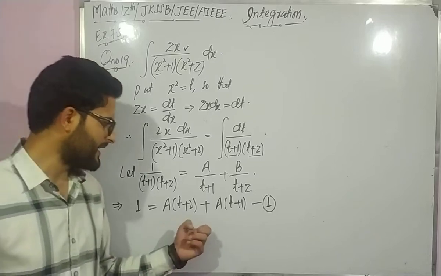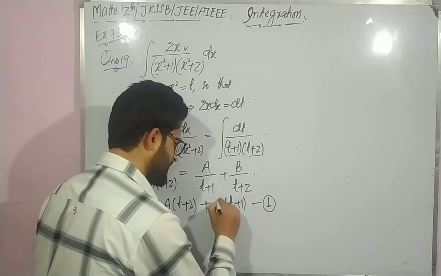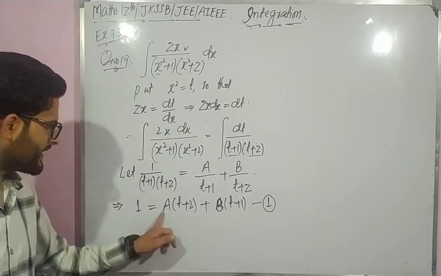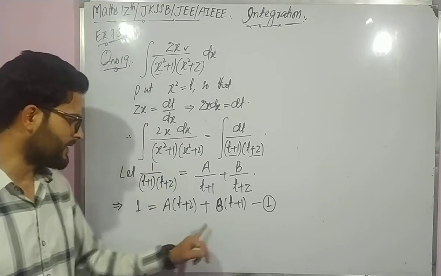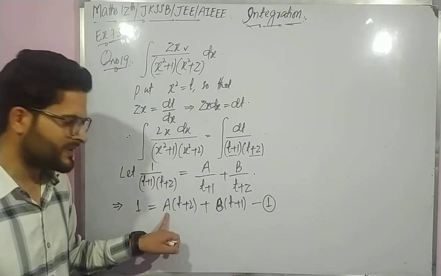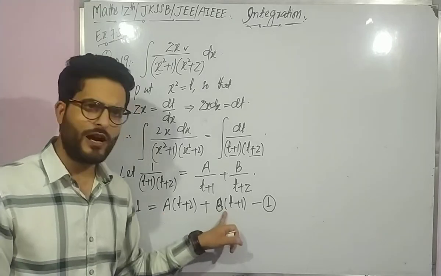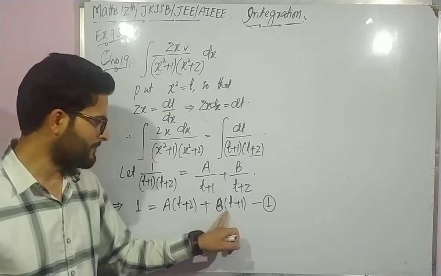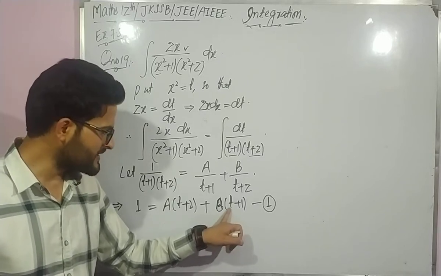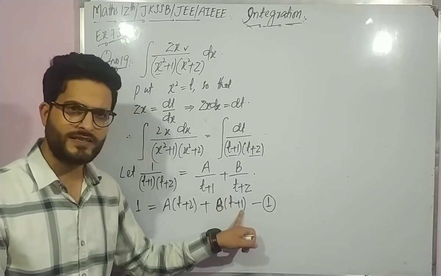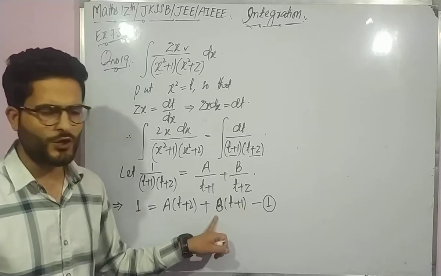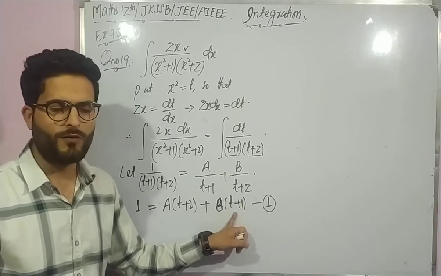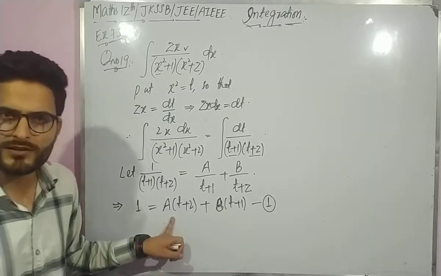So obviously from here you need to, sorry, it is b here. So from here you need to calculate the value of constant a and constant b. First we will try to find the value of this constant a. So obviously we have to eliminate this term. This term can be eliminated by putting t equal to minus 1, because when t equal to minus 1, t plus 1 is 0 and 0 into anything is 0. So this term will get eliminated. When this term gets eliminated, obviously you can find the value of constant a.